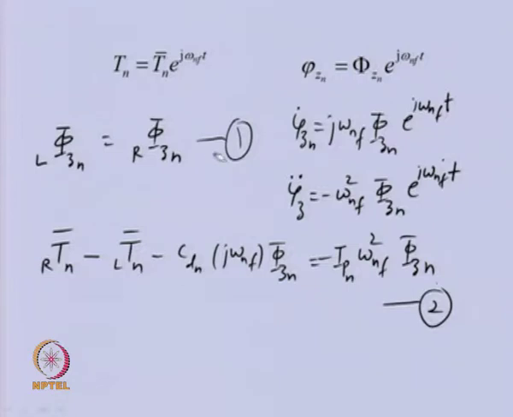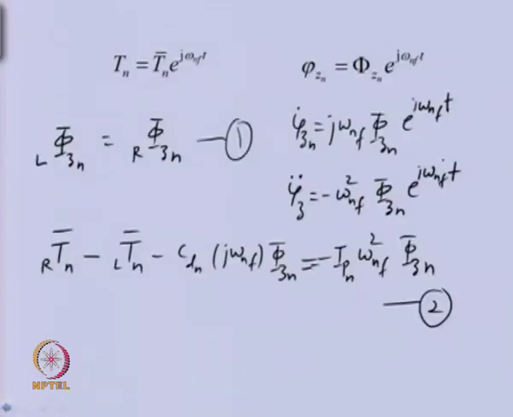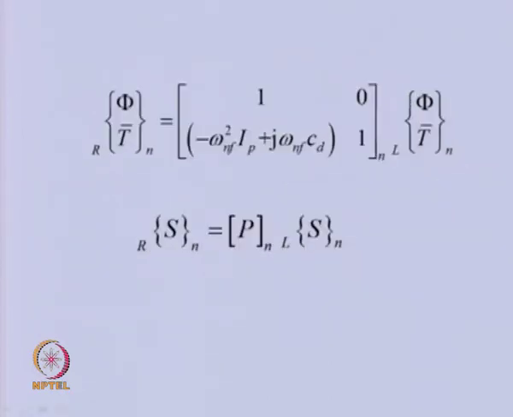Now, we can rearrange these equations so that the left side and right side terms are on one side of the equality, and the other part is on the other, so that we can write some kind of transfer matrix. So, you can see here I have arranged the previous equations in this particular matrix form, as we did earlier. This is the state vector right of nth disk, and this is the state vector left of nth disk, and I have arranged all those terms here.